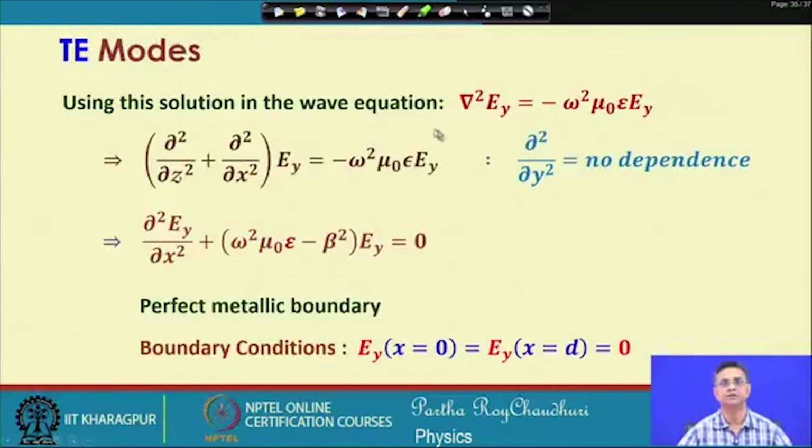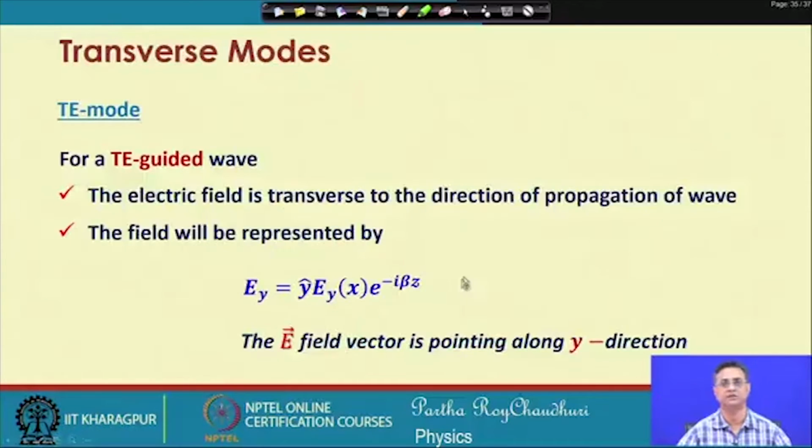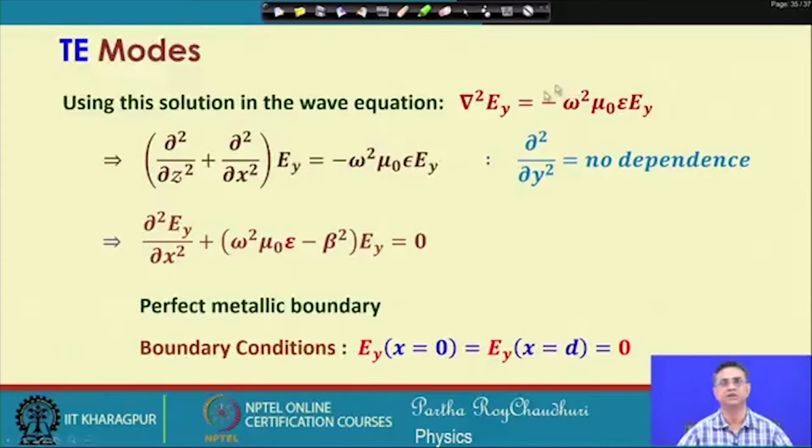So, using the solution e to the power of i beta z and e to the power of i omega t, we can write this equation in this form. This is the z and x component of the del square operator multiplied upon this, and del square of